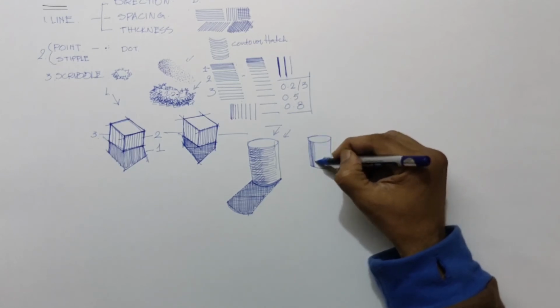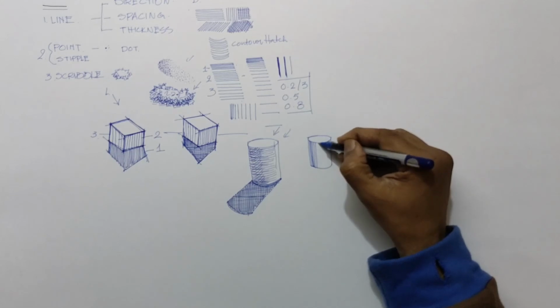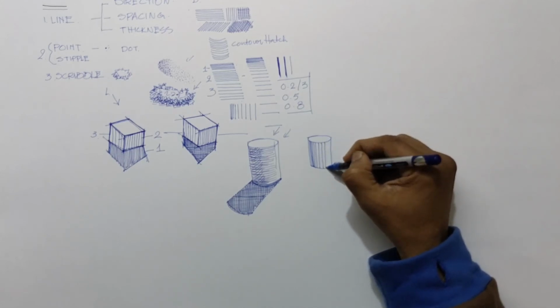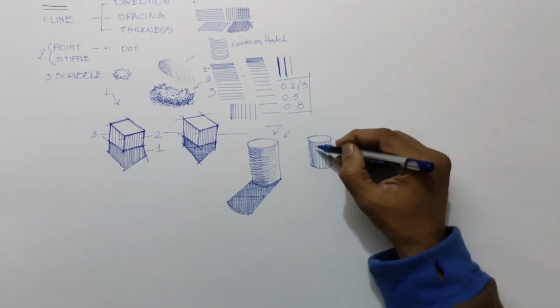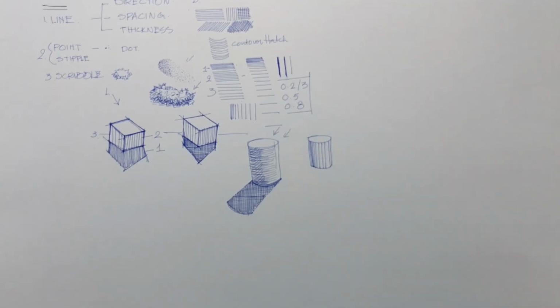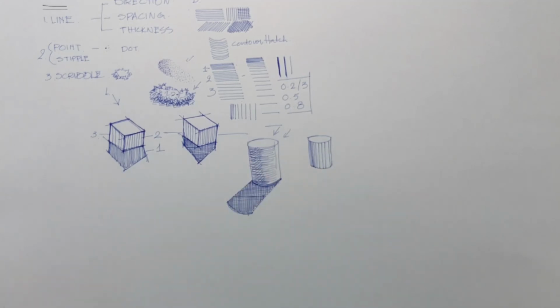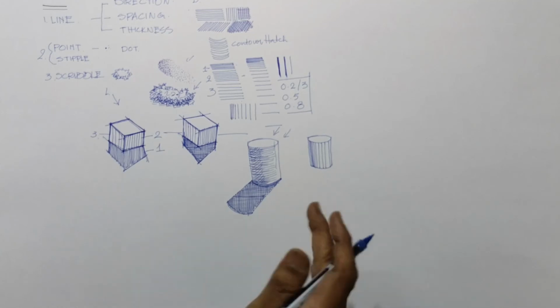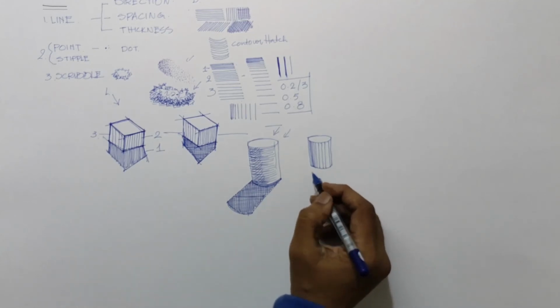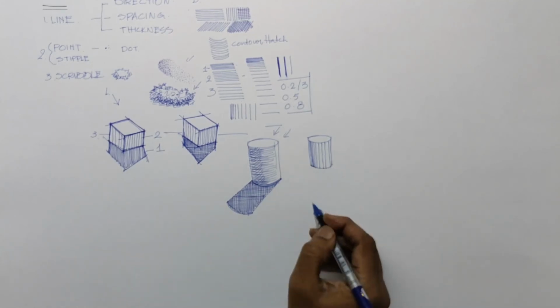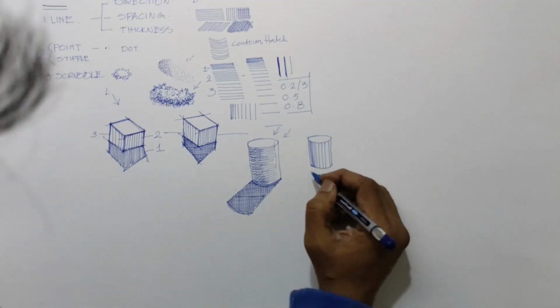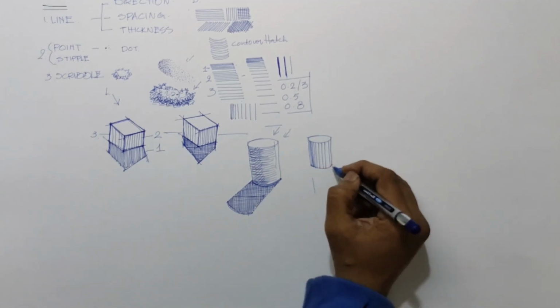Slowly, what am I doing? After that, I am increasing the space, gradual spacing like gradation or grading. So this also is one of the ways of using a vertical line to give that curvilinear effect. It looks like a curved surface. Okay, in this there is one technique which you should know, which mostly in construction of architectural drawing we use.